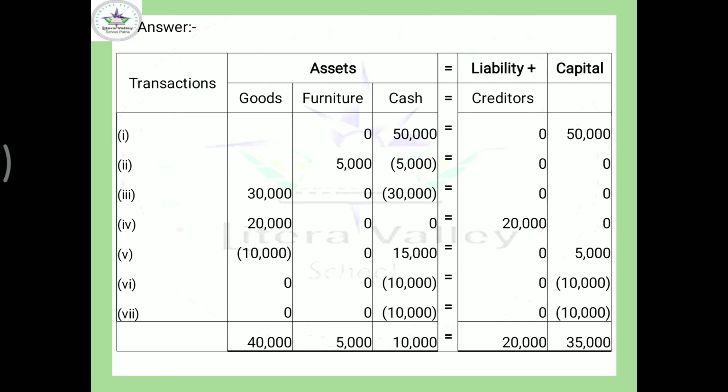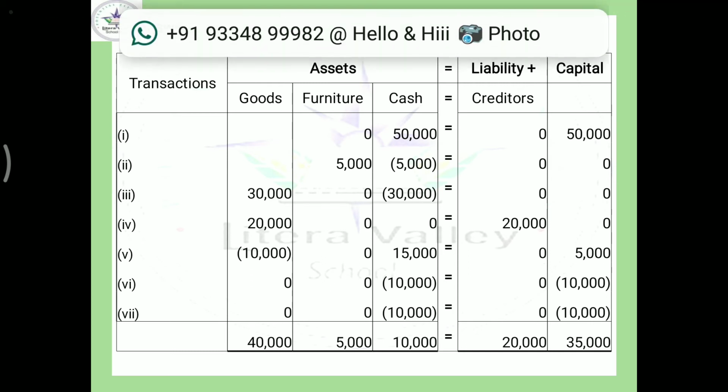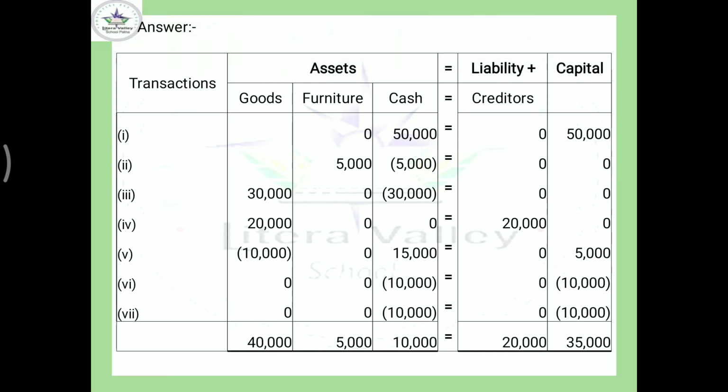See guys, accounting questions are sometimes prepared in this manner, and you can also find the balance of assets equal to liabilities plus capital after every transaction. Okay, so because I have prepared this one, you can also prepare after every transaction, transaction 1, transaction 2, transaction 3, there will be the same balance. Okay, come to the next